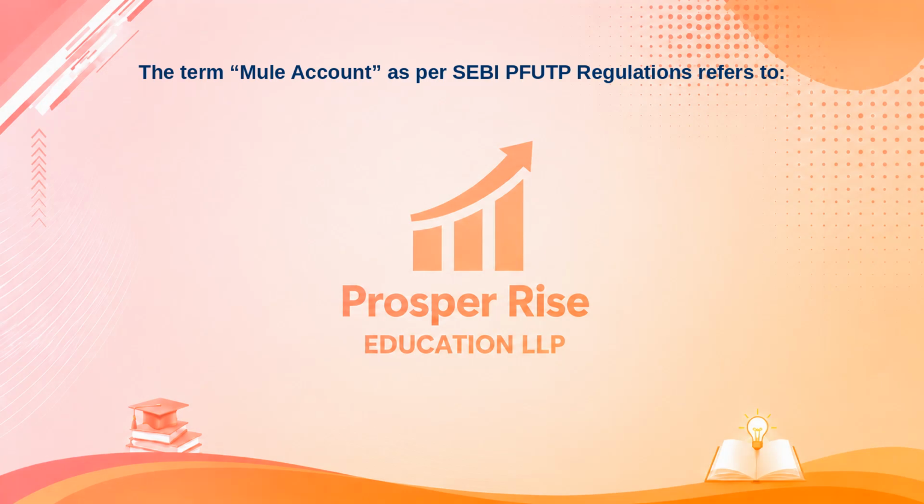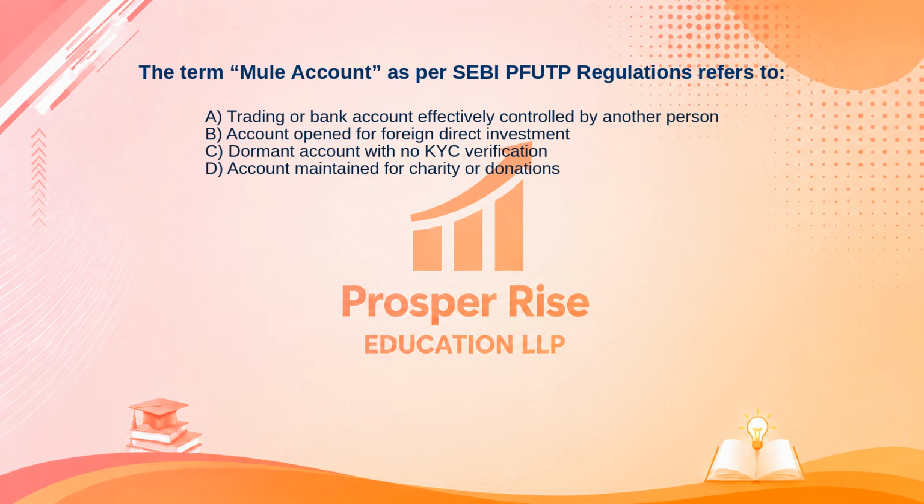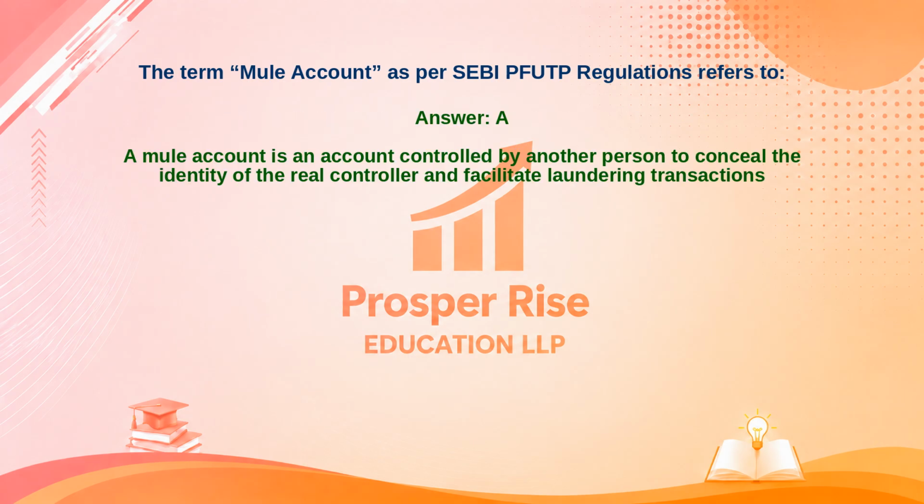Test your knowledge with this one. The term Mule account, as per SEBI PFUTP regulations, refers to. Here are your options. A. Trading or bank account effectively controlled by another person. B. Account opened for foreign direct investment. C. Dormant account with no KYC verification. Or D. Account maintained for charity or donations. Take a moment to pause the video and decide. The correct answer is option A. Let's see why. A mule account is an account controlled by another person to conceal the identity of the real controller and facilitate